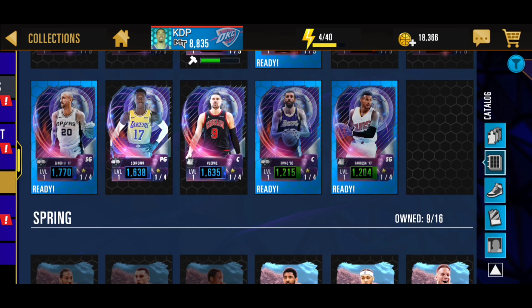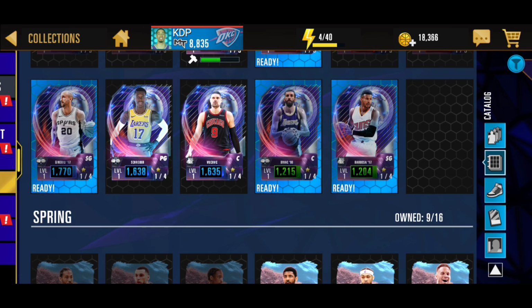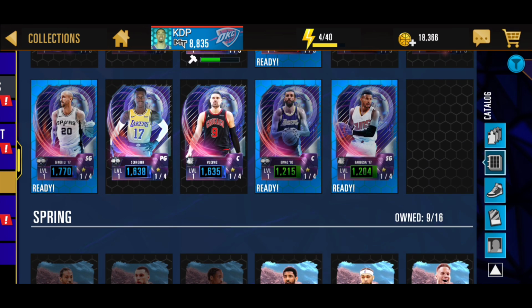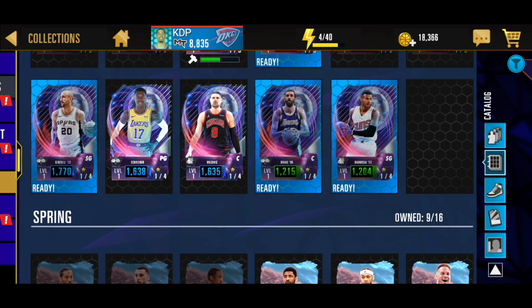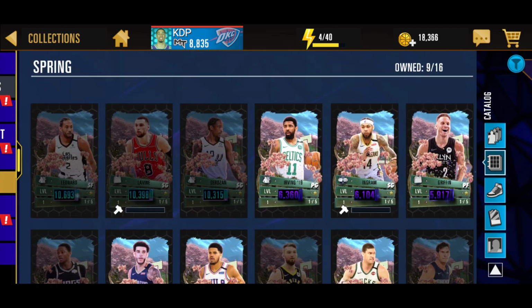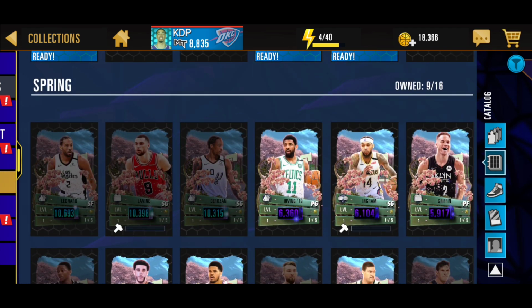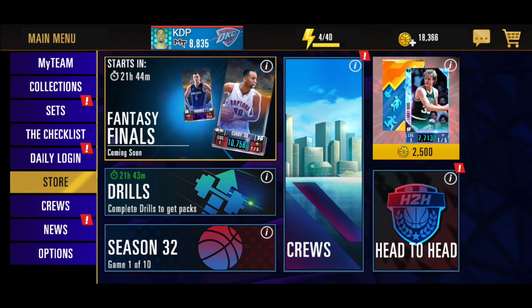And then obviously, for the rest of these cards, I'm pretty sure Nikola Vucevic was pack exclusive as well. We just ended up being able to pull him from the store, but he might have been in the event. I'm not low enough to see the Sapphire tier award. But yeah, that is basically what pack exclusive cards are. There are multiple pack exclusive cards for every single thing that you can only get exclusively from packs,